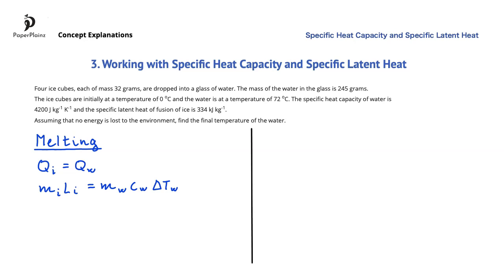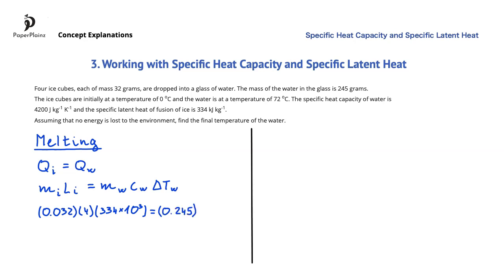And since there are 4 ice cubes, for the mass of the ice we get 0.032 multiplied by 4 times the specific latent heat of fusion of ice, which is 334 kilojoules per kilogram, and which I will write in joules per kilogram, giving us 334 times 10 to the power of 3. This is equal to the mass of the water, so